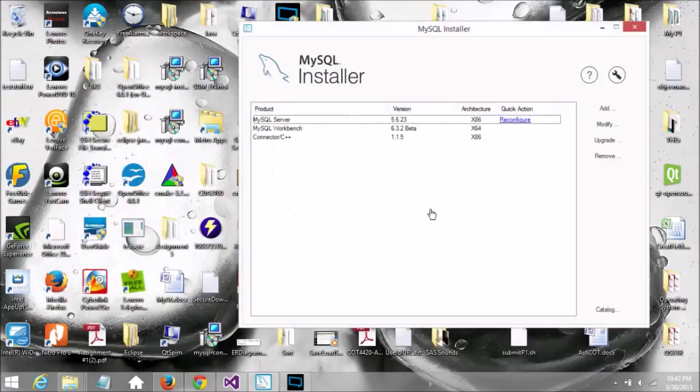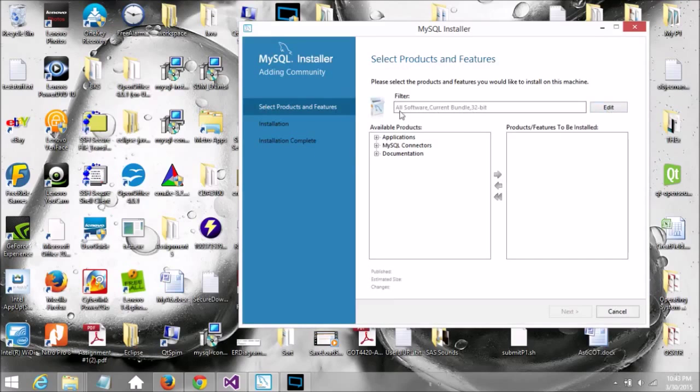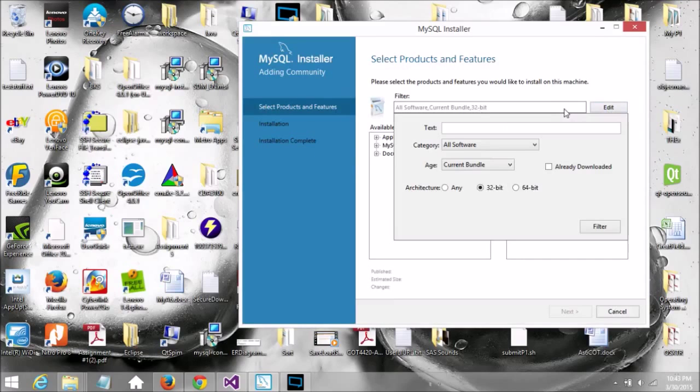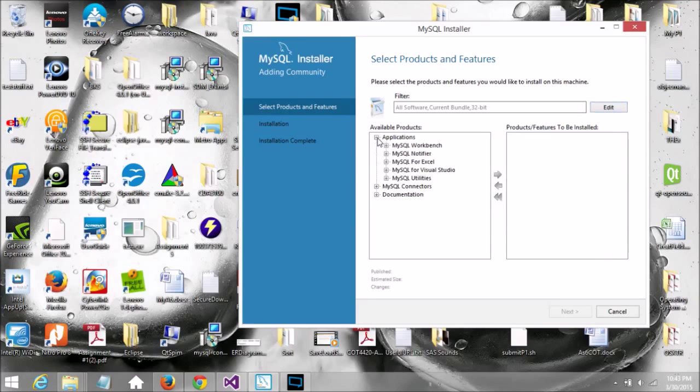Okay, so once you open up the MySQL installer, you can see everything I've already installed. It should go through. You'll get to a screen like this at some point. Make sure when you're in this filter here that you have 32-bit selected. It might automatically try to default to 64, so you have to switch that over. Under Applications, really all you're going to need is MySQL Server 5.6.23. It's not listed under mine because I already have it, so it's not going to let me have it again, I guess. And then under the connectors, you might see the C++